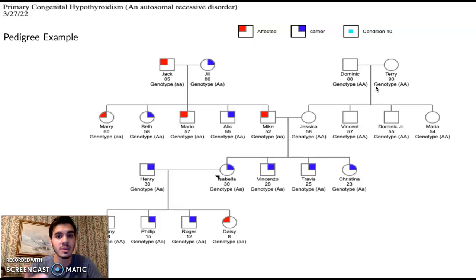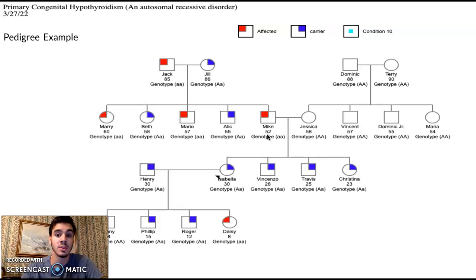He has both genes, and he marries and has children with Jill, who is heterozygous. So she has a dominant and a recessive gene. Together they have 3 children which are affected by it because they both inherit that recessive gene from both parents. From there, Mike marries Jessica. Mike is affected, so he has both recessive genes, and Jessica is neither affected nor a carrier for the disease,